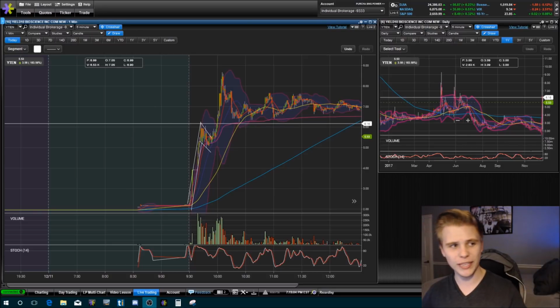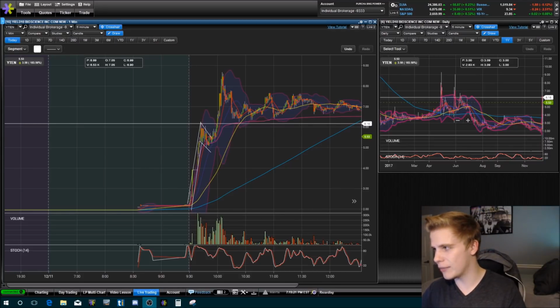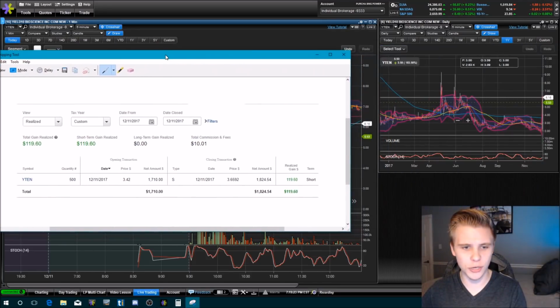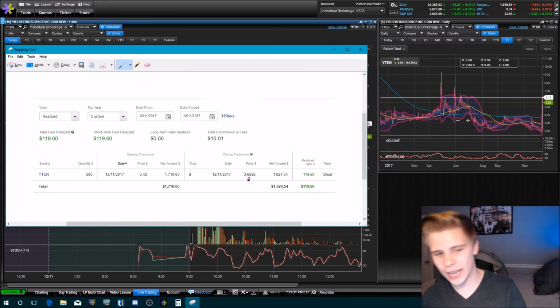So I traded YTEN today, and honestly, I messed this trade up pretty badly. I still made a profit, but I sold way too soon, and I used a market order on my sell, and I was basically robbed 20 cents. So I made $120 on this trade. I should have made around 250 plus, and I just sold way too soon because you can see I sold at like